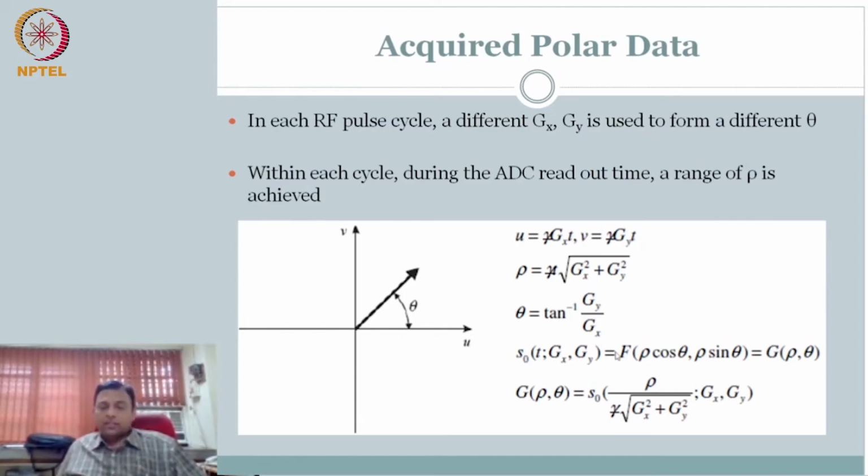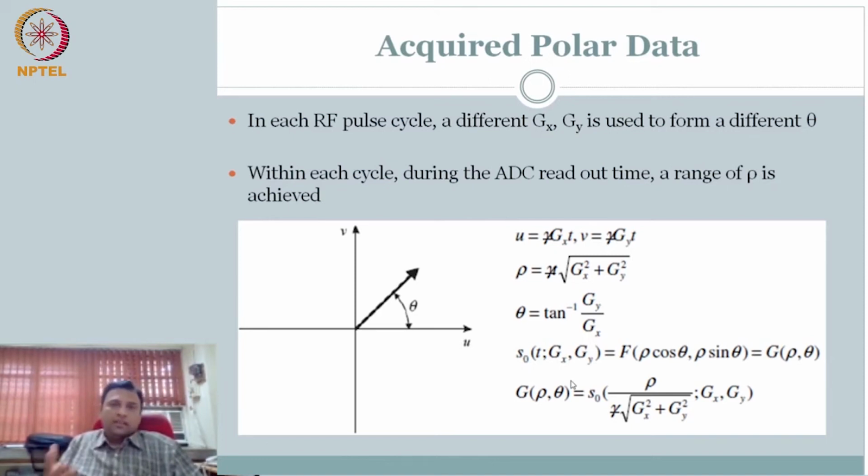So you have reorganized, you recognize what you are measuring. It is nothing but the polar coordinate: F of rho cos theta, rho sin theta for different rho and theta. Right. So once you have this, you can go to the spatial domain, which is your image. Clear? So there's nothing more to add to image reconstruction with respect to